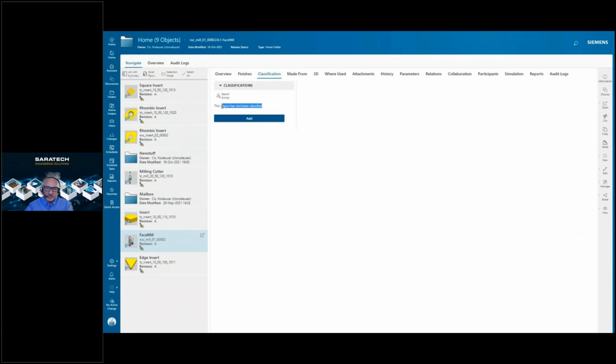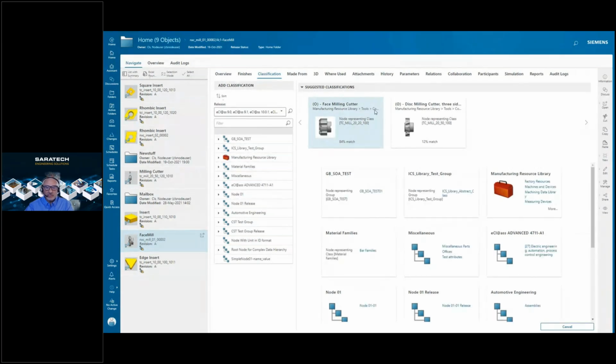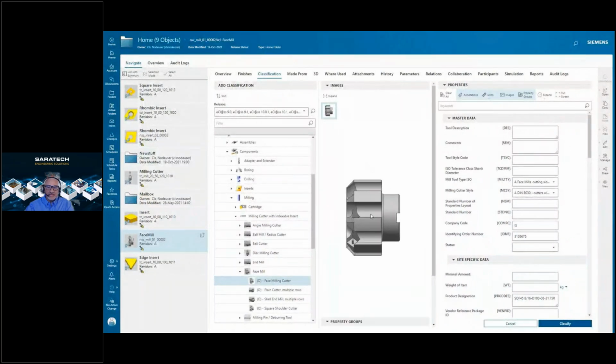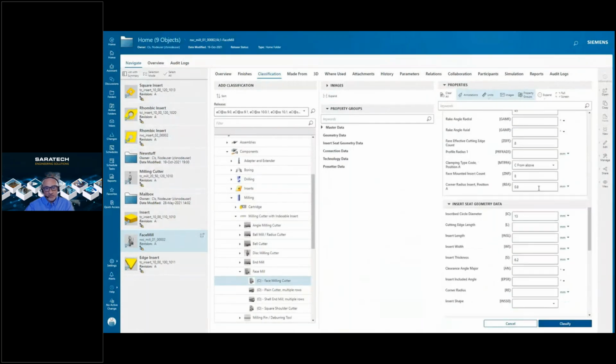By bringing the power of machine learning into PLM core process flows, it utilizes an AI engine that learns from classified objects in Teamcenter and aids classification tasks, reducing up to 90% of efforts for classification tasks. This video shows an example of Teamcenter Classification AI suggesting classification for a face milling cutter.